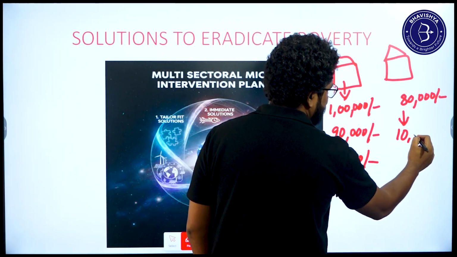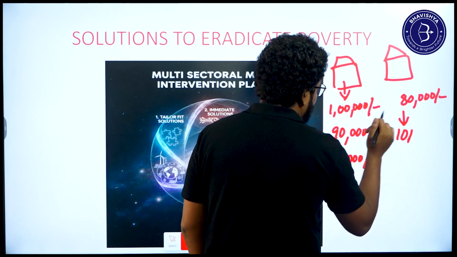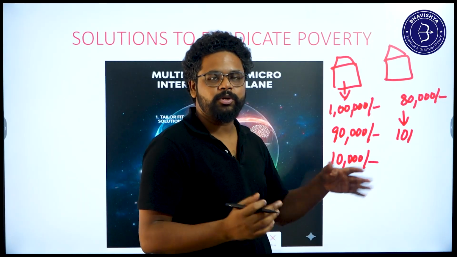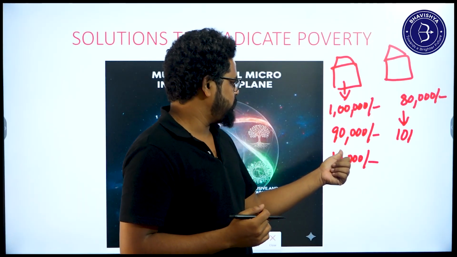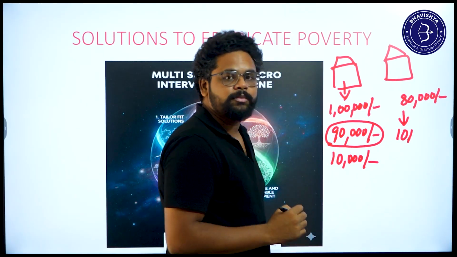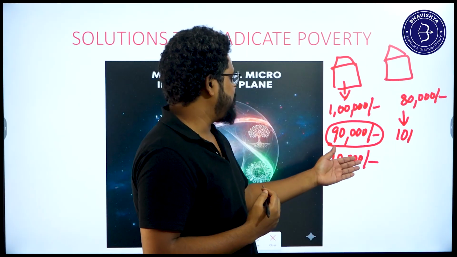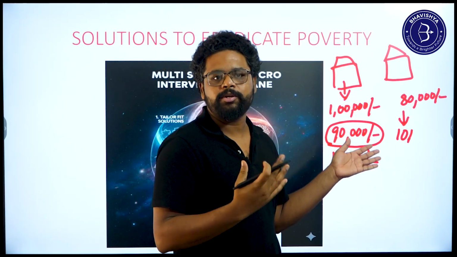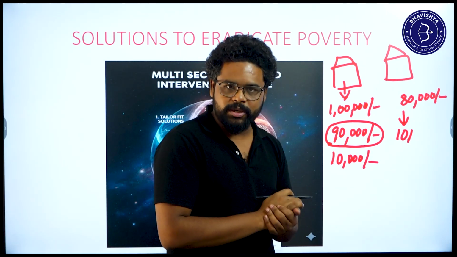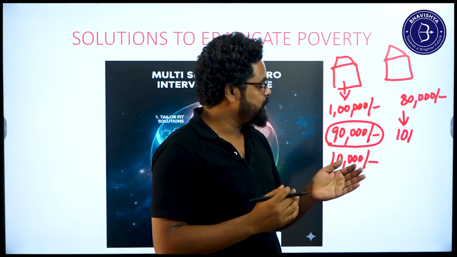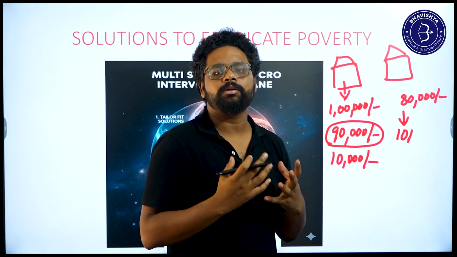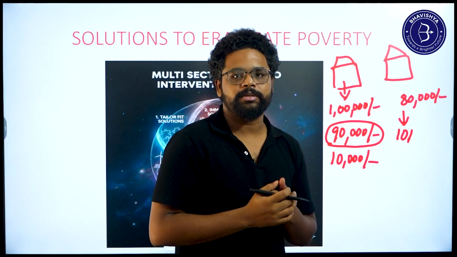So the thing over here is, though both houses are in different scenarios, the solution is different, right? For this one, what will be the solution? You need to decrease the spending on the medical aspects, so that they will have enough disposable income and can use it for other things, like getting some good nutritious food or good education or sanitation, etc. So though these two households are suffering in poverty, the solutions are not the same. That is what the tailor-fit solution means.